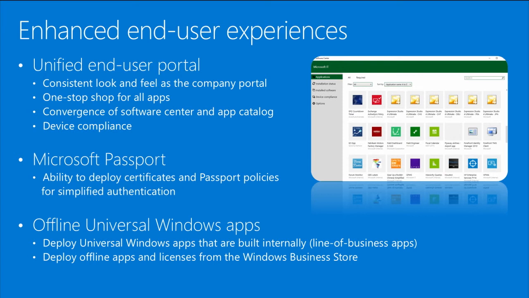There is the support for Microsoft Passport to support next generation credentials, and there's the support for Windows Universal apps, both offline in Configuration Manager and online in our hybrid and Intune standalone configurations, which lets you take full advantage of the Windows Store for Business to procure your applications and deliver those using the combined management suite of EMS